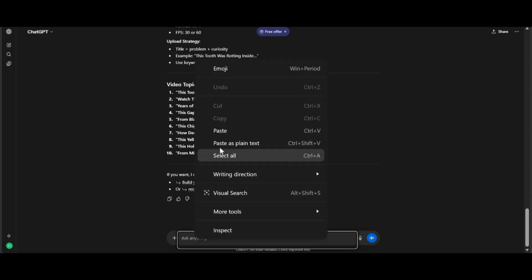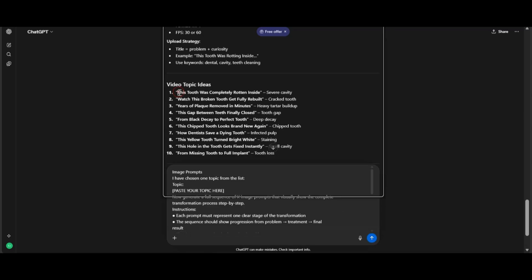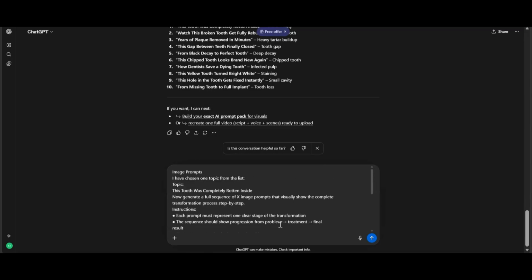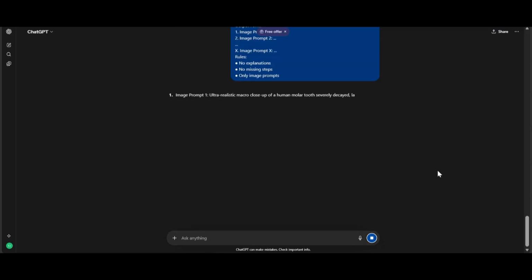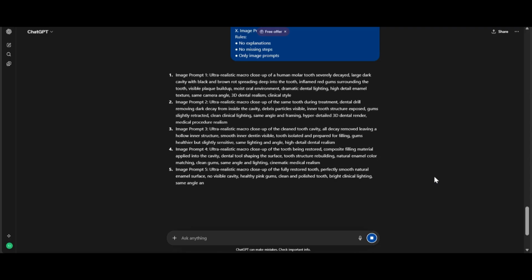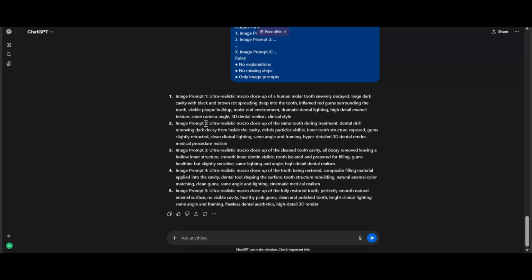I'm then going to go back to ChatGPT and paste the prompts right there. And right from here, I'm going to copy a video topic idea and then paste it right here in the prompt. I'm then going to scroll down and then select the number of image prompts I want. To make it short, I'm going to select 5. I'm going to click on enter. It's going to give me a bunch of image prompts that I can use to generate images for these types